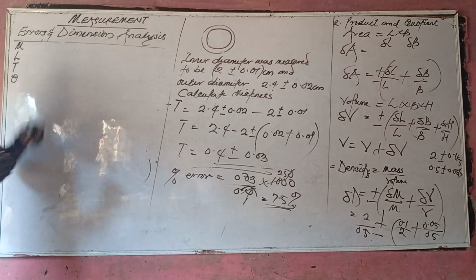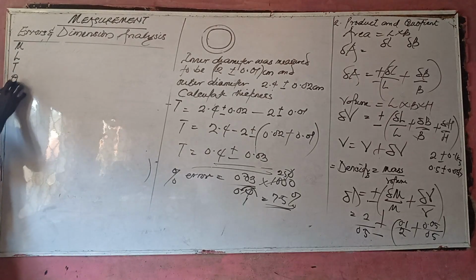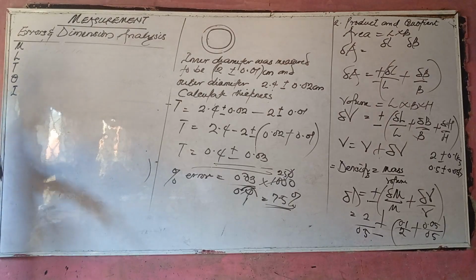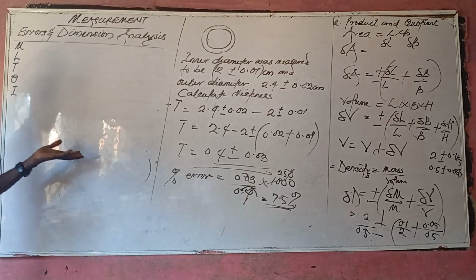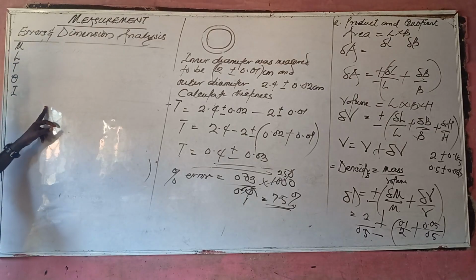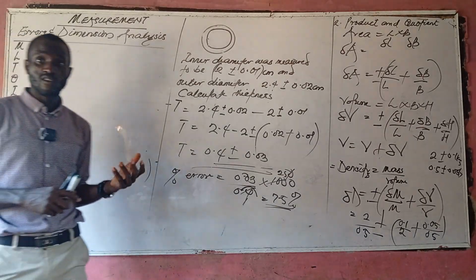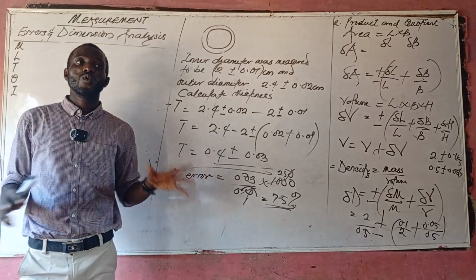What's the unit of mass? Kilogram. What's the unit of length? Meter. What's the unit of time? What's the unit of temperature? Kelvin. Lord Kelvin. You just heard me mention his name just now. Current? Ampere. Luminous intensity and amount of moles I did not write, because for most analysis of dimension analysis,